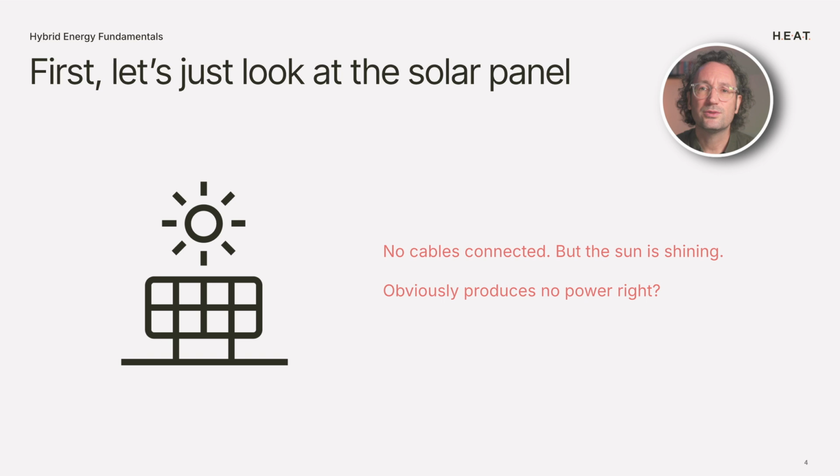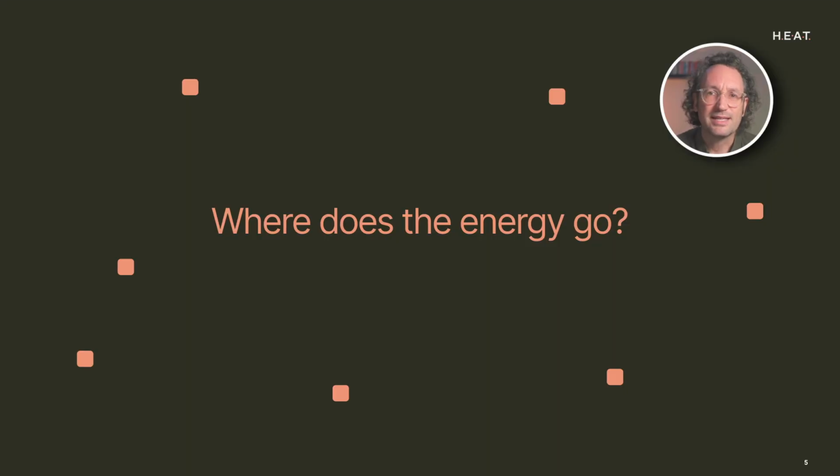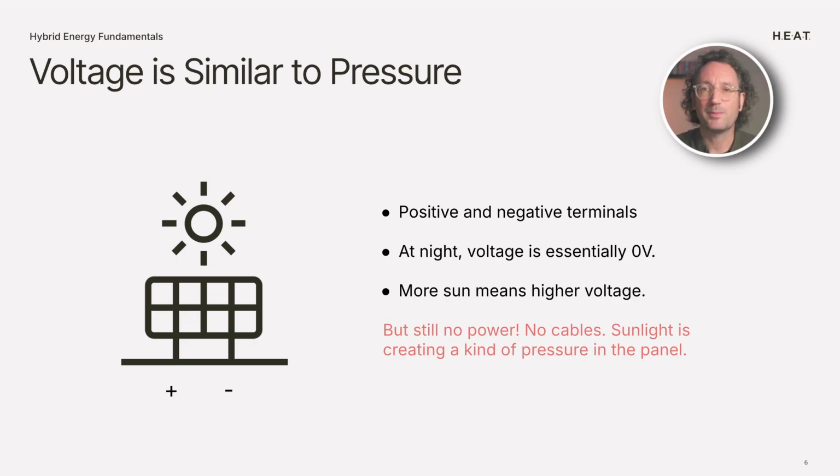So in order to understand solar PV a little bit better, I want you to think for a second about one single solar panel sitting in a field in the middle of the day, no cables connected to it, and the sun is shining on it. Obviously, this solar panel is not producing any power, right? Where is that energy going? What's really happening? Well, first of all, the panel just gets a bit warm,